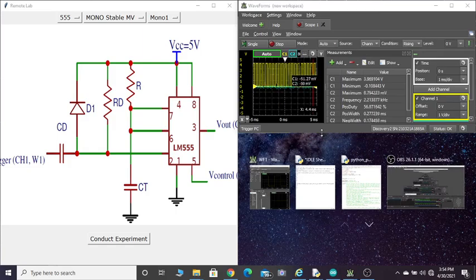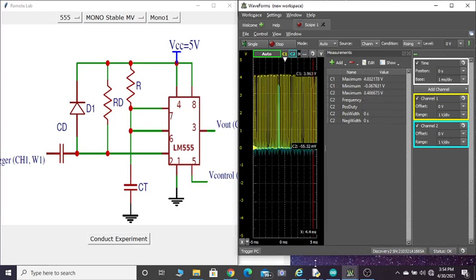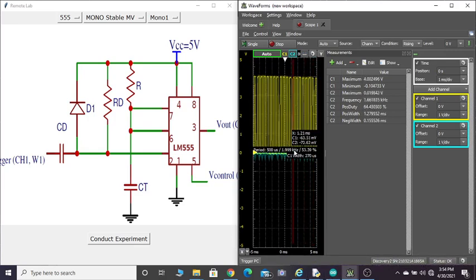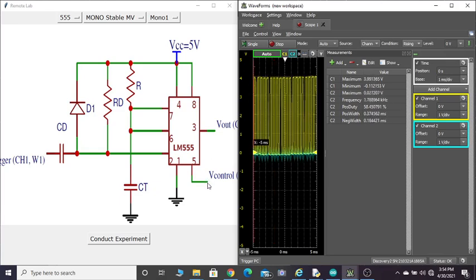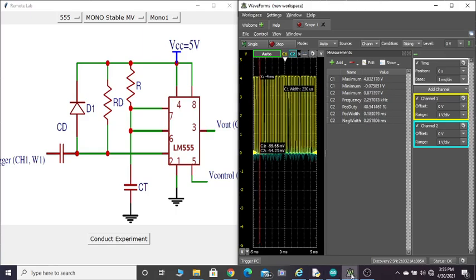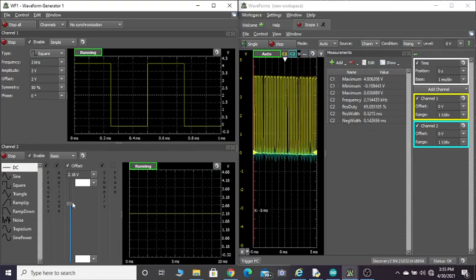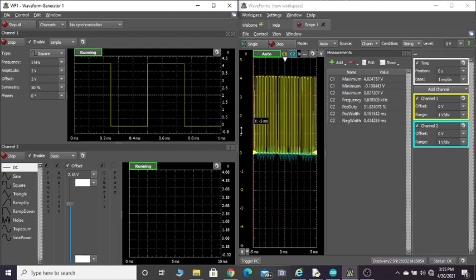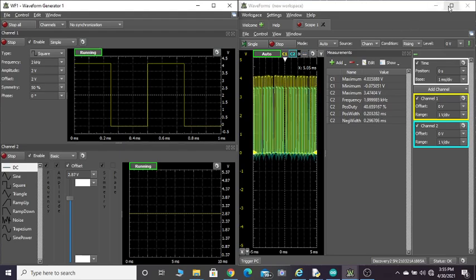So what I should now do is slightly increase the amplitude of the waveform so that the trigger signal should certainly go below VTL. Or the other option is I can increase the control voltage, which will increase my VTL, so that I can get the waveform. So let me just try this. Let me increase this voltage and see if I get the waveform. You can see I'm getting the waveform. Now you can see if I increase it, I'm getting the blue waveform. So this is your output waveform.